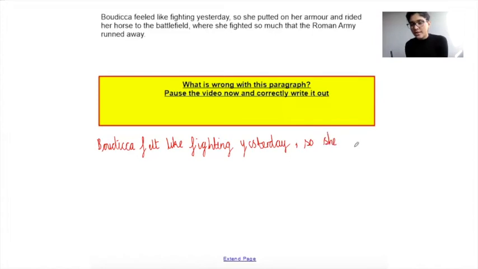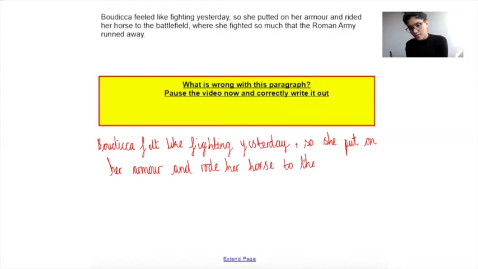So she put, not putted, she put on her armour and, now we need to change rided into the past, which would be rode, and rode her horse